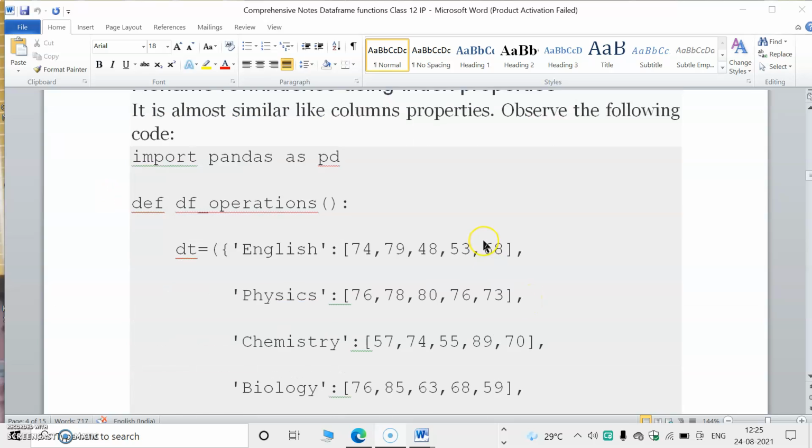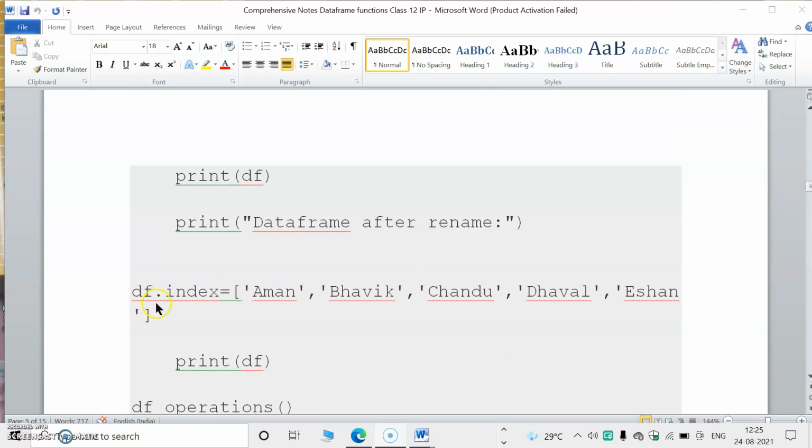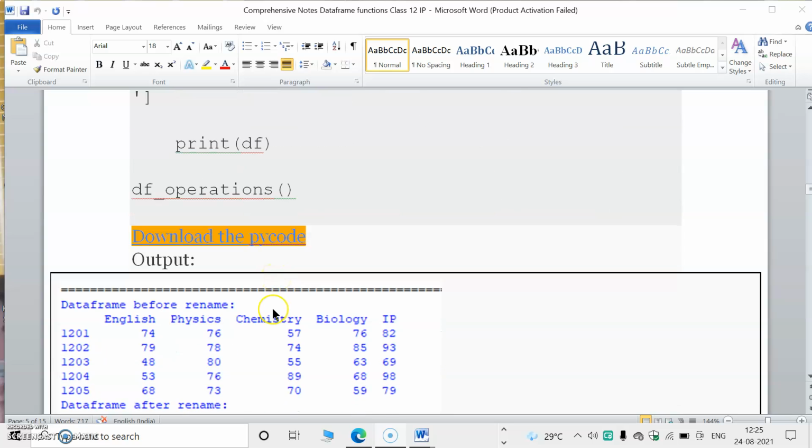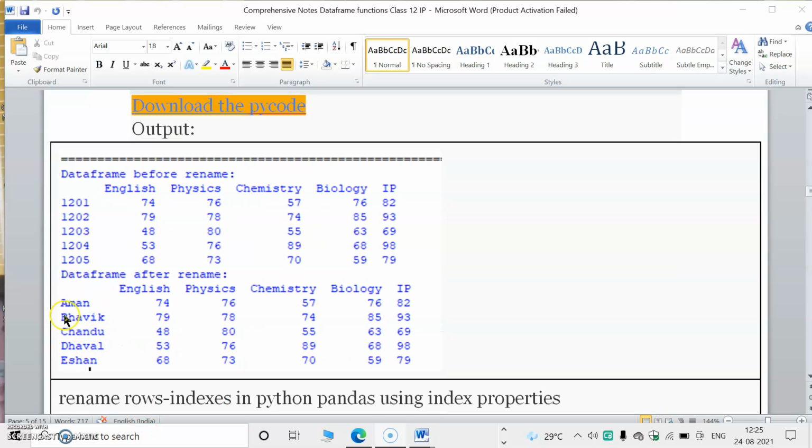Then we can use the index property also. Index property means df dot index. We give df dot index, and inside the brackets we give the new values like Aman, Bhavik, Chandu, etc. So this is for row labels and the previous case is for column labels.